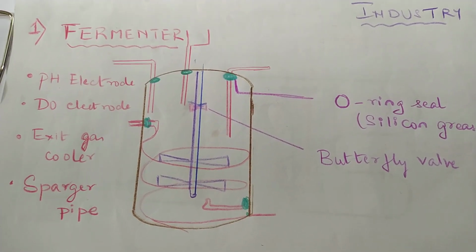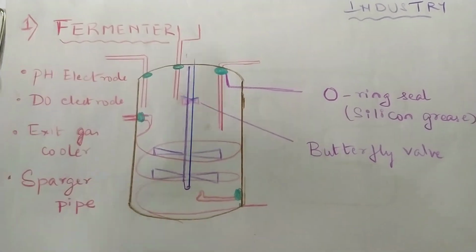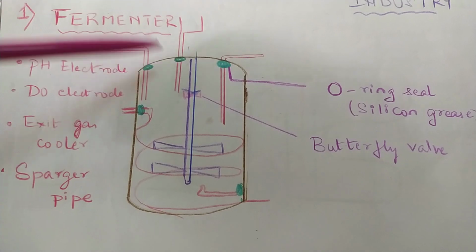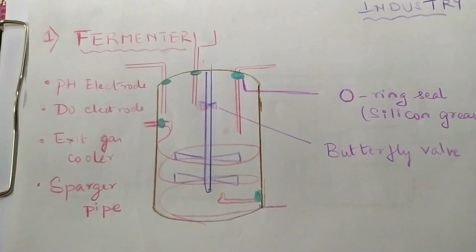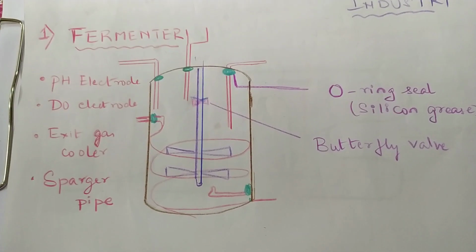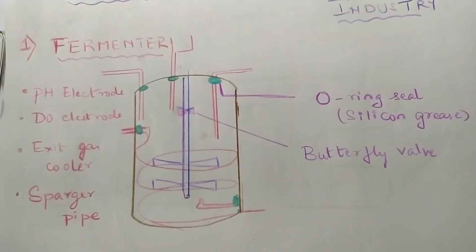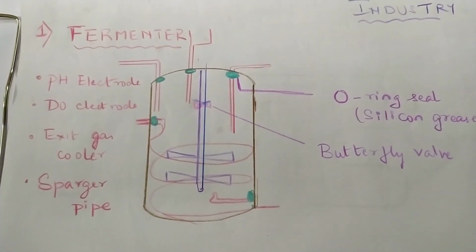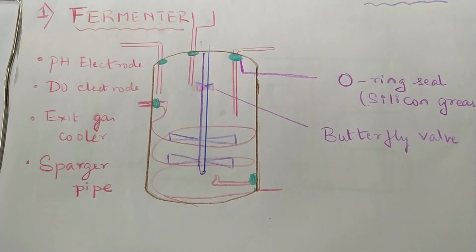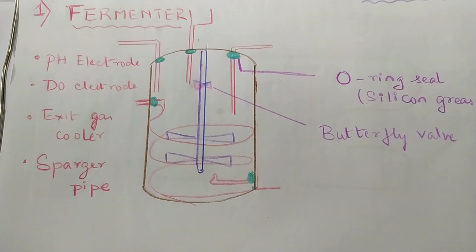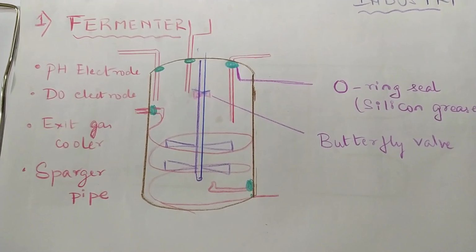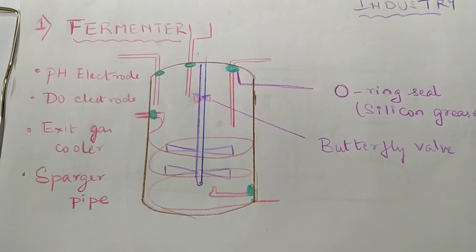One more thing to understand in the same picture is the butterfly valve. The butterfly valve is fixed in the bioreactor to prevent vacuum formation. The bioreactor is sterilized using hot steam. After efficient cleaning, they flush steam into the bioreactor, which will develop a vacuum. So the butterfly valve helps in preventing vacuum creation inside the bioreactor.